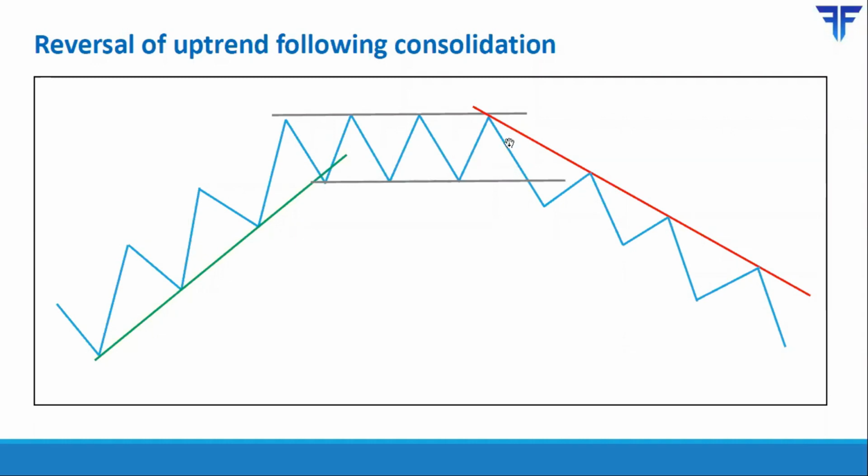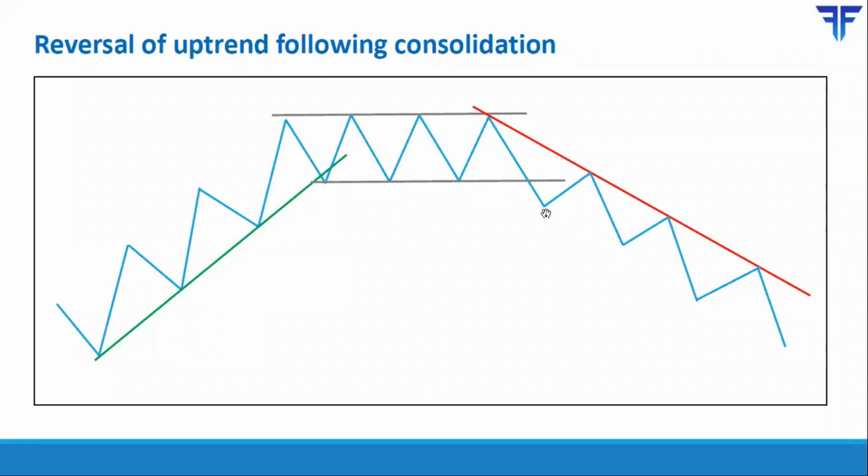But as you can see, price managed to break below the low of this lateral band over here. So over here you have the first sign of indication that this uptrend and this consolidation has ended and we could see lower prices. However, you just have a signal, but there is no confirmation as such. For that, you have to wait for more time. So price broke below this lateral range.